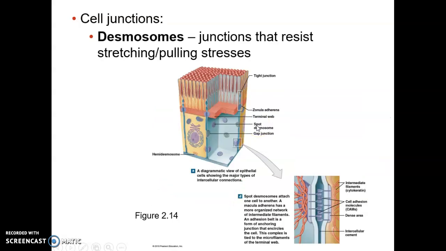Tight junctions are tight. Desmosomes are really strong junctions, and what they do is they prevent adjoining cells from getting easily ripped apart, basically. So desmosomes are junctions